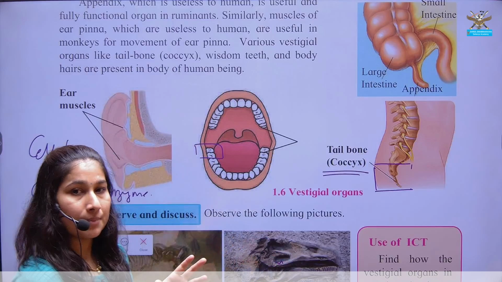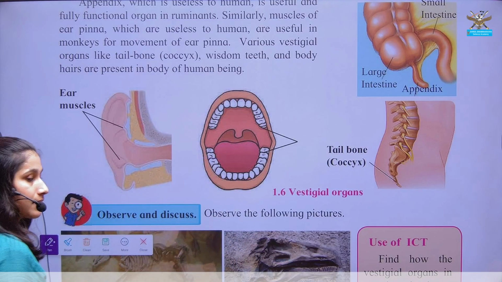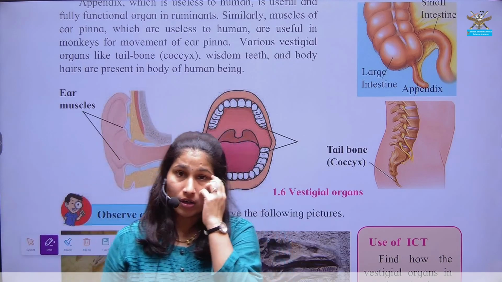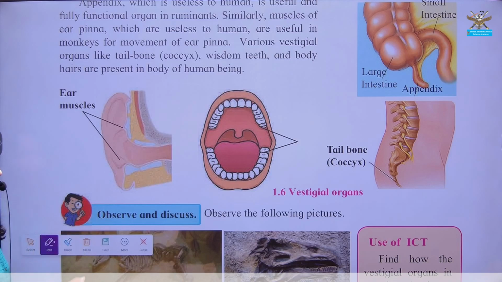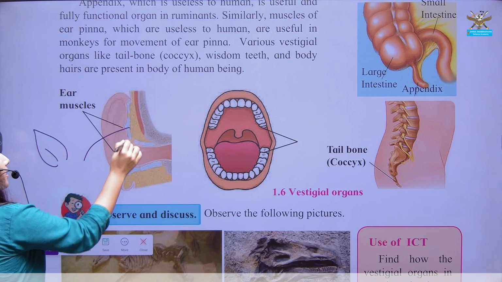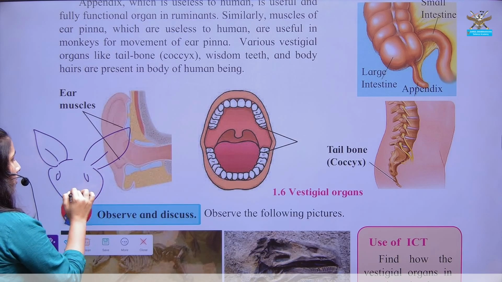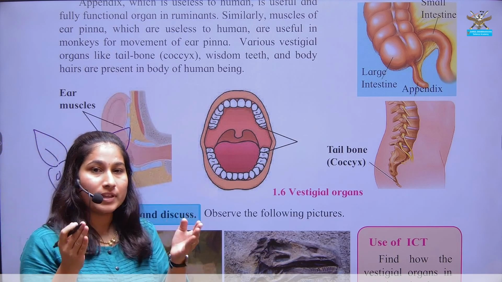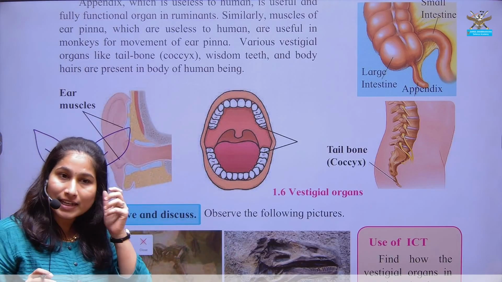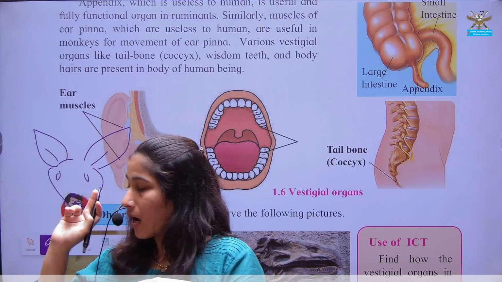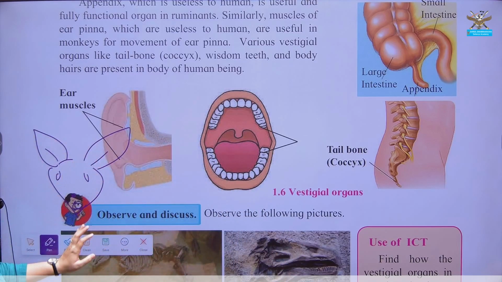Do we flip them? If you closely observe animals like cat, dog or any kind of wild animal, they flip their ear pinna, right? Whatever ear pinna is there, they move them. So for that movement, ear muscles were needed. But for hearing the surrounding noise, do we flip those ear pinna? No. So again, these ear muscles.